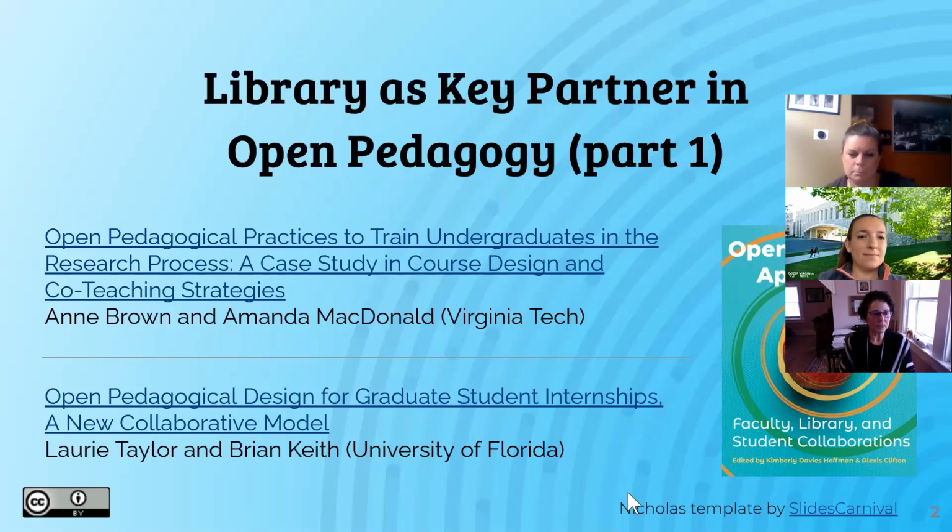Amanda MacDonald is the Undergraduate Research Services librarian at Virginia Tech. In her role, she serves as a liaison to the Office of Undergraduate Research, the Honors College, and the Departments of Human Development and Biological Sciences. Her work and research focus on creating openly accessible resources to support students and faculty engaging with formal undergraduate research experiences. I'm also going to give you a quick overview of our second presentation